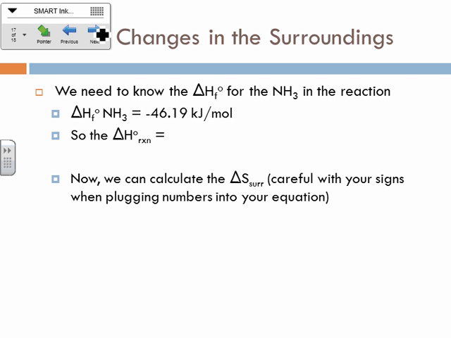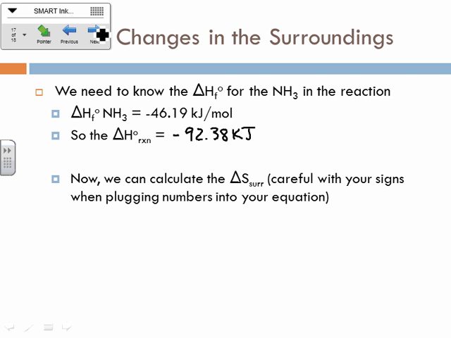Okay, so what do we need to do with this delta H here? So either divide by 2 or multiply by 2, right? Okay, this is how many kilojoules per mole, right? Since we have 2 moles, we need to multiply by 2, okay? So negative 92.38 kilojoules. That's our delta H for this reaction, okay?